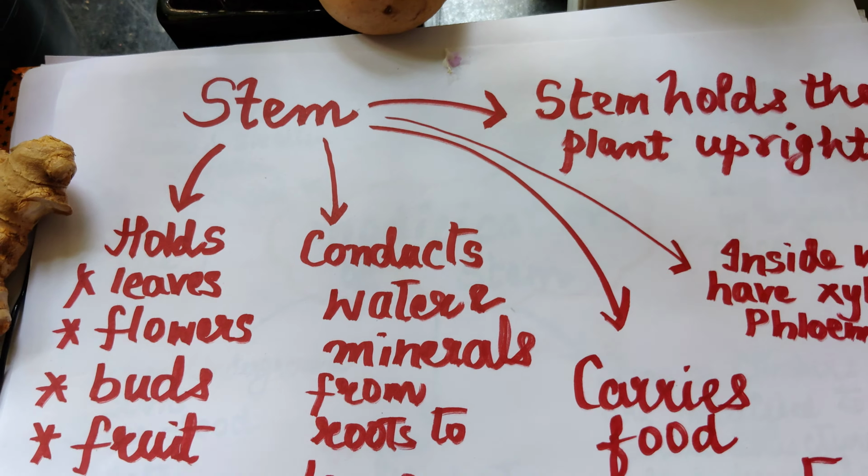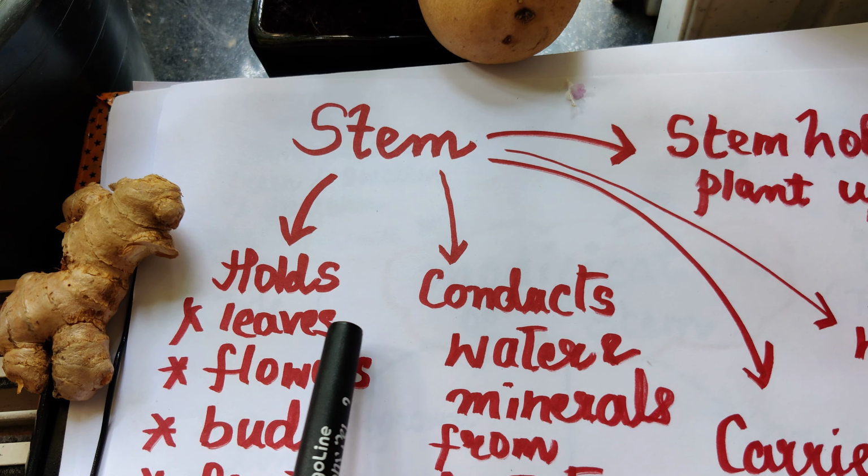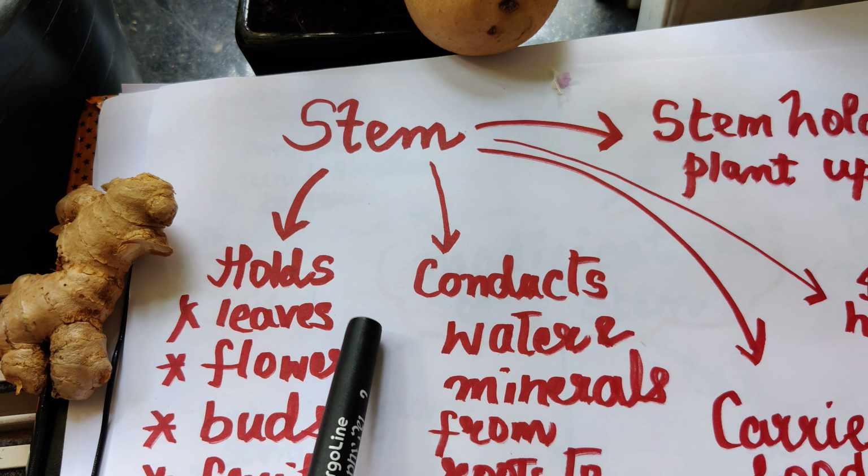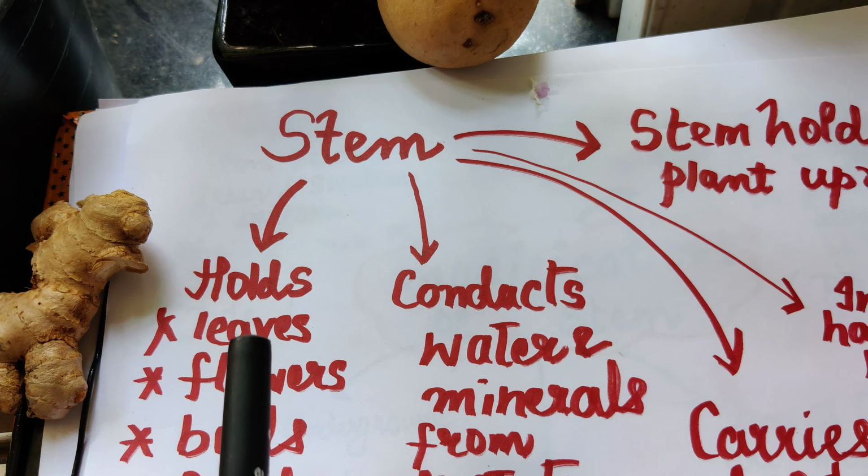We should know that stem is the vertically upright part that is above the ground. As you can see, I have a potted plant here. This is the stem portion that you can see. It is above the ground, right? And it grows vertically upwards. This is the growth it is doing, that is against the gravity. Roots are somewhere inside, and stem is the portion that is above the root, above the ground.